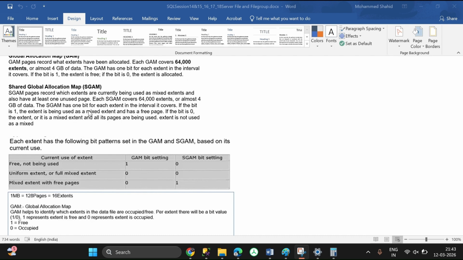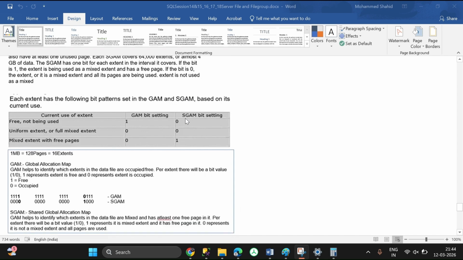The SGAM has 1 bit for each extent in the interval it covers. If the bit is 1, the extent is being used as a mixed extent and has a free page. If the bit is 0, the extent is either not a mixed extent, or it is mixed and all its pages are being used. So this means